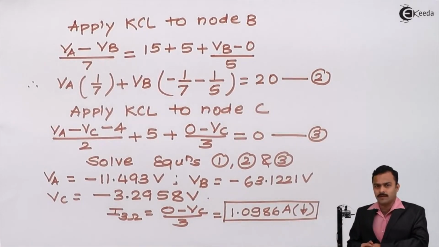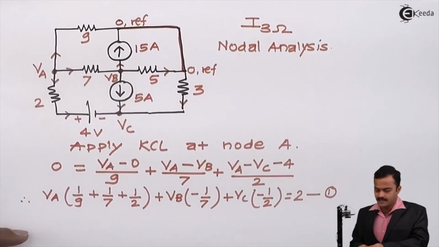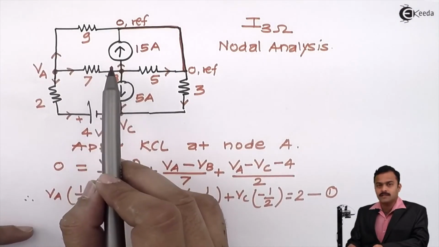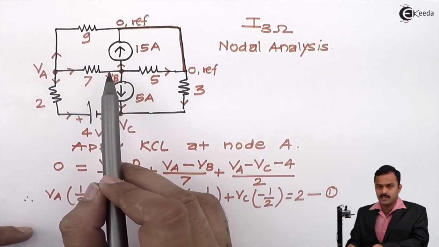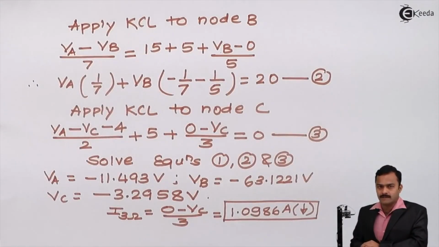You cannot solve this problem by using mesh analysis directly, because if you observe carefully, I am having 4 loops first of all. Secondly, between 2 loops I am having a current source. So it is actually a problem of super mesh, and we have seen that in a super mesh we need to be alert while writing an equation. But all these restrictions can be overcome if I use nodal analysis. So personally I feel nodal analysis is the best, simplest and most efficient technique for solving any numerical.